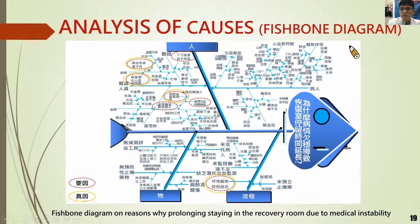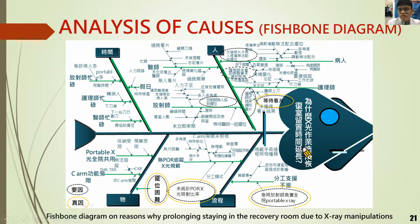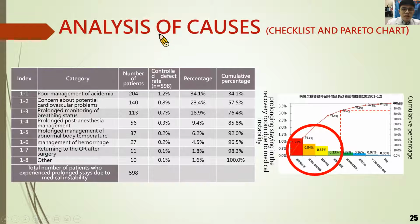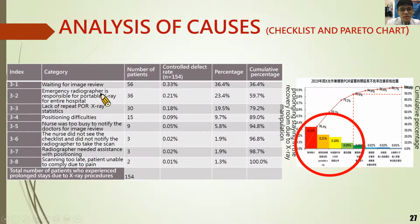We drew fishbone diagrams by brainstorming, and this is the fishbone diagram of unstable status. This is the fishbone diagram of nursing manipulation, and this is the diagram of X-ray procedures. Then we used the Pareto chart to find the factors which account for 80%. So we found four possible reasons in unstable status, three possible factors in nursing manipulation, and four in